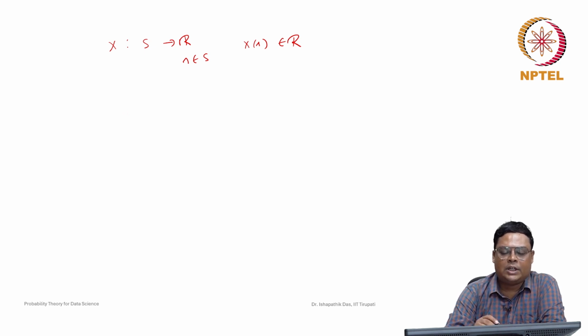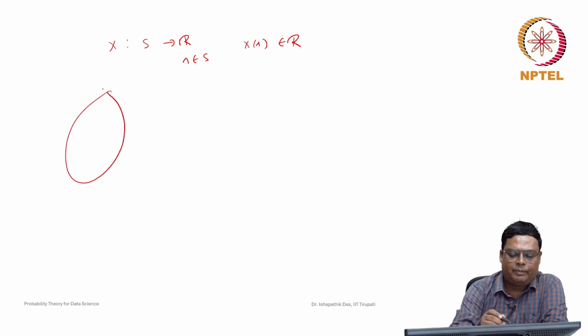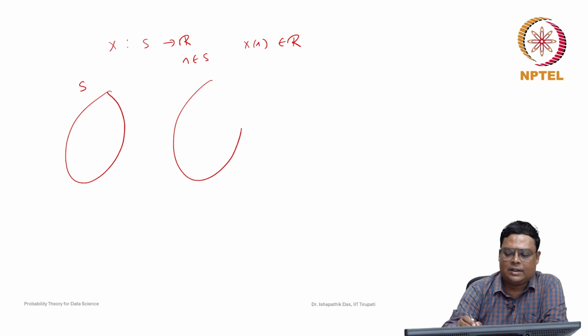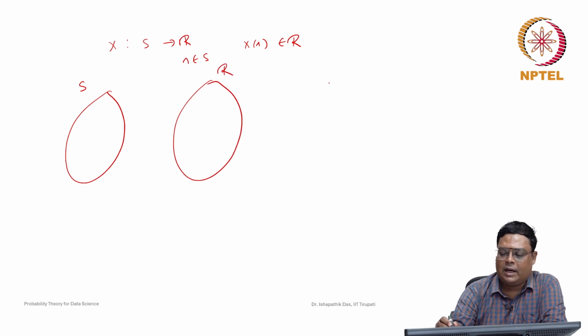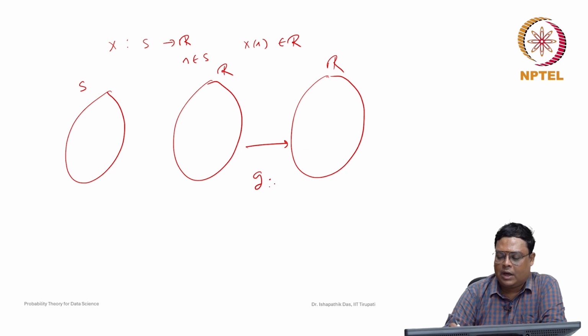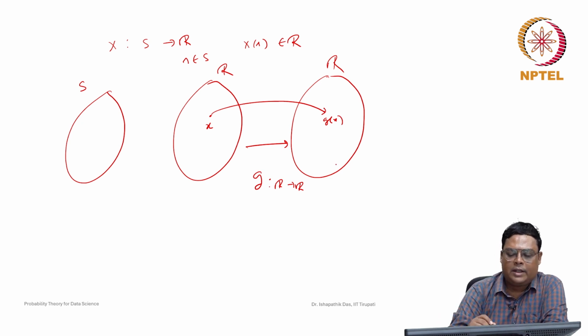Now suppose we have a sample space S, and here is the set of real numbers, and then we consider another function g from R to R. Let us consider one function g, R to R. Any real number x here will map to some value g of x here. So this is a function from R to R, any function. Then